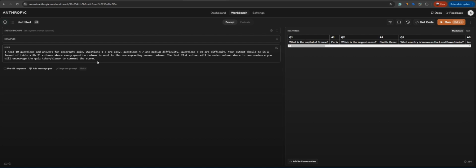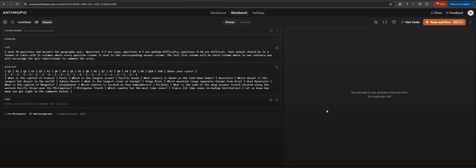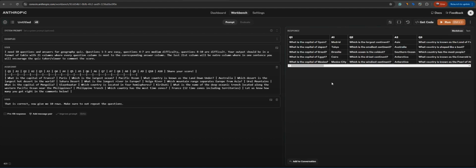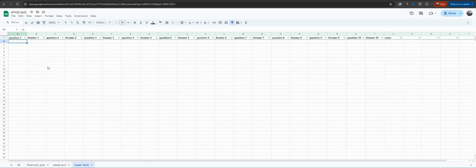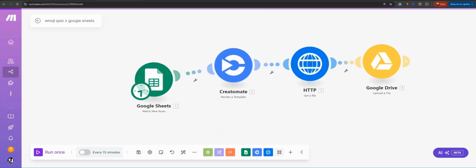So what we're now going to do is add it to conversation, because that was all good. I'm just going to say that is correct. Now give me 10 rows. Make sure to not repeat the quote. So in a second, we're going to copy across to the Google Sheets, and we're also going to set up